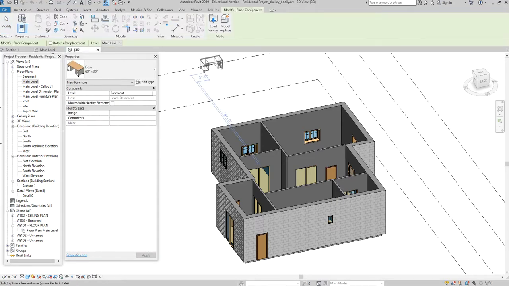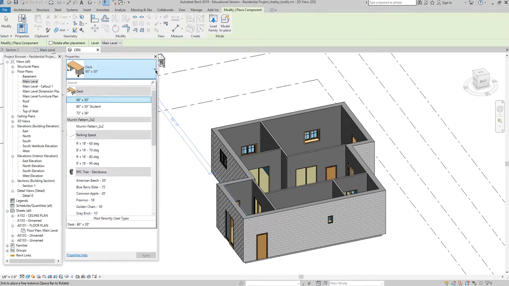If I click on place a component, all right, I can place different components in different views. I can place them in elevation. I can place them in floor plan, right? Section, sometimes elevation, depending on what the component is. But we have several different types of components that are built into the Revit interface. So when I click on component, I can use my drop down and you see that we have a desk